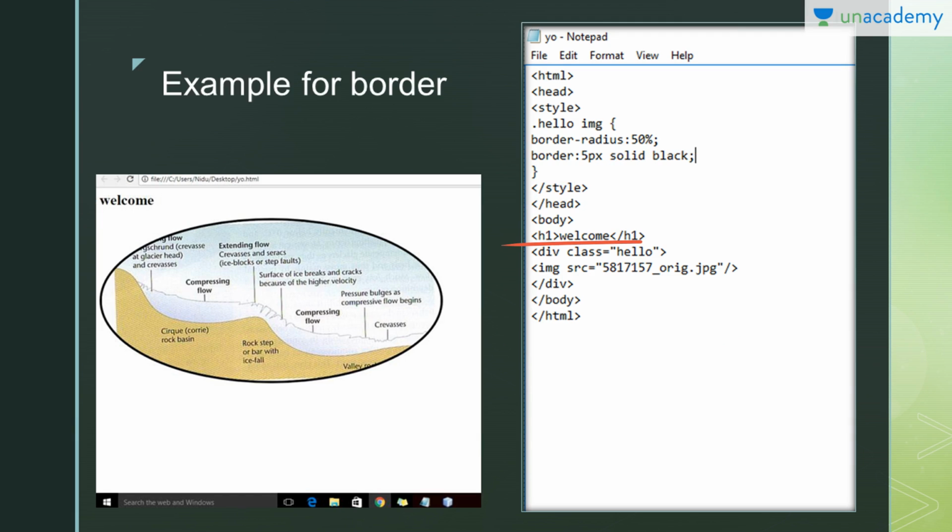Okay, so the heading is welcome, it is mentioned here. Then I have used a division, and the class name for this particular division is hello, right? And then I have inserted an image. This is the image name and it is a jpg image. Okay, and these are the closing tags. So all I have done is mention the heading and image part only. Then in the style tag, you can see, since I have mentioned a class,